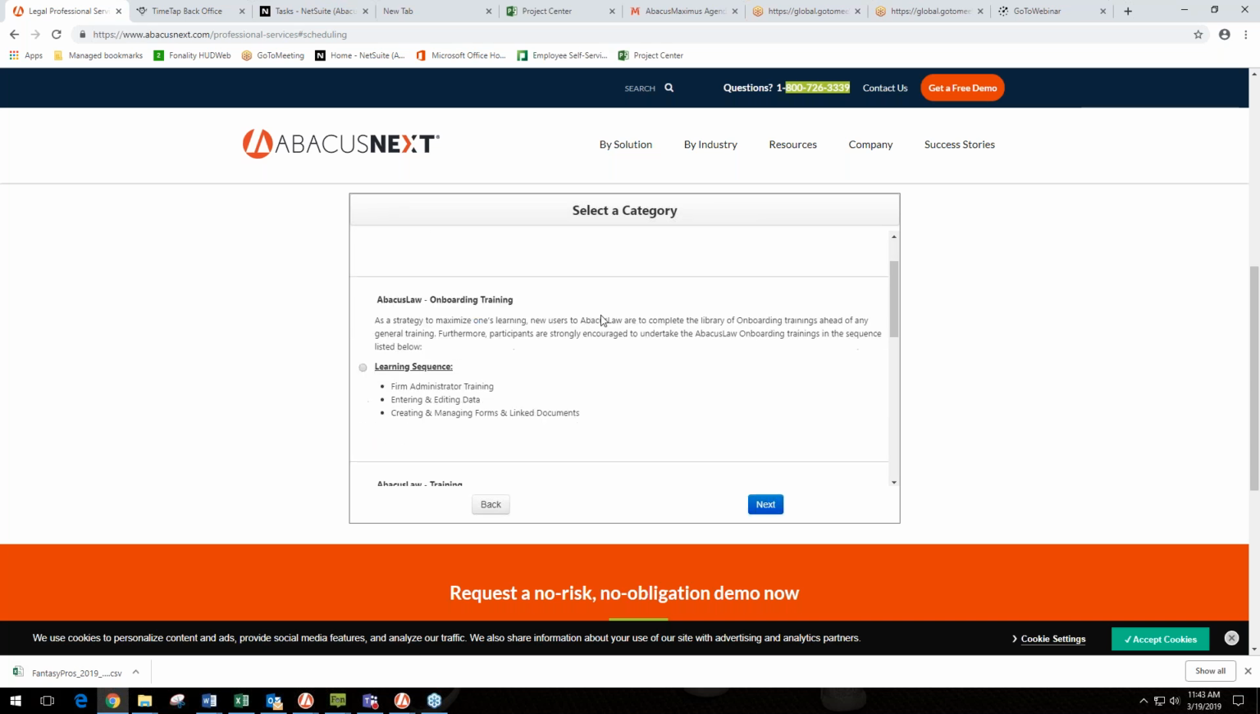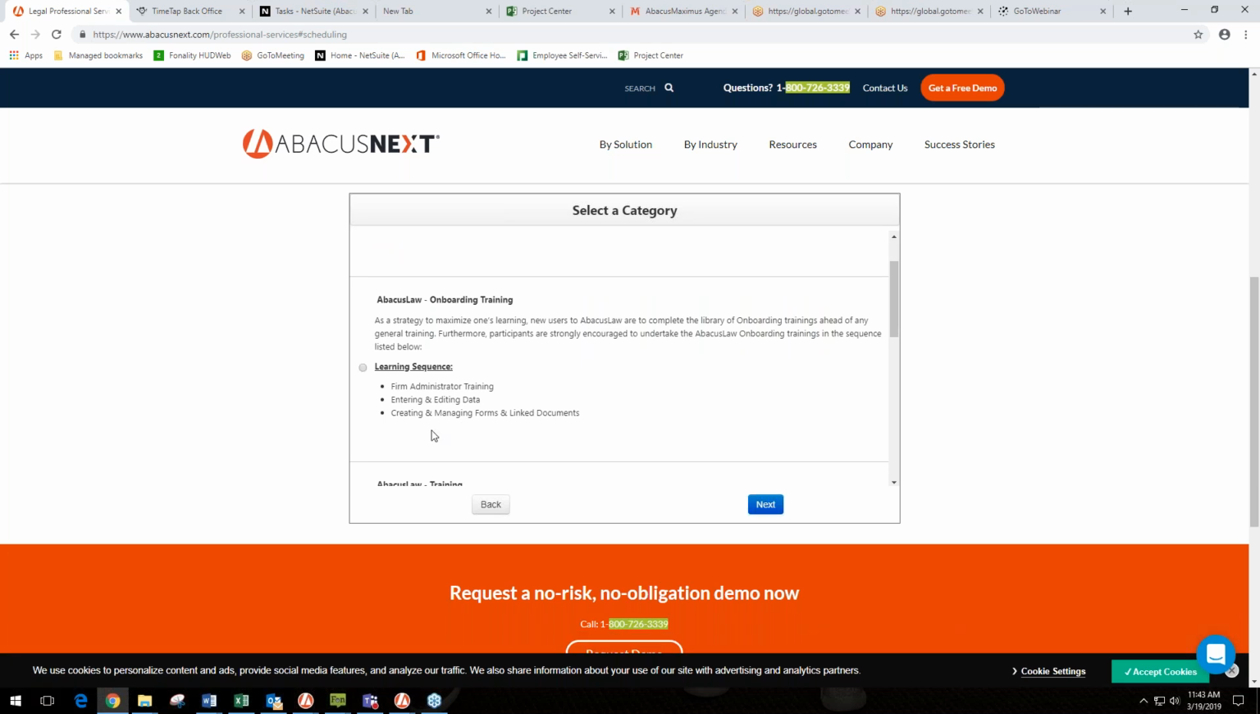That's a completely different setup. But with regards to the training that you're supposed to have, there's a breakdown between two different things. You have the option of the general or onboarding training for Abacus Law, in other words, case and practice management. If you haven't had the onboarding training, this is what you would normally have to do: from administrative training,